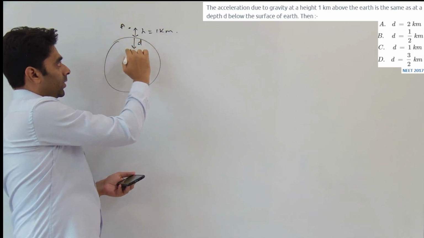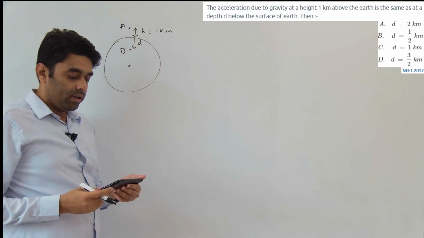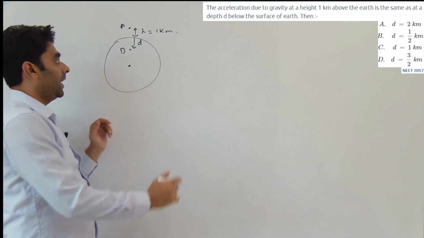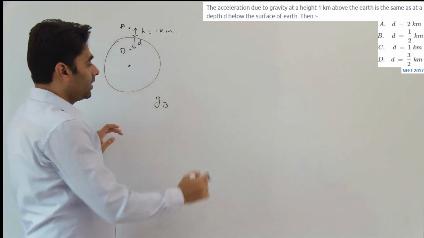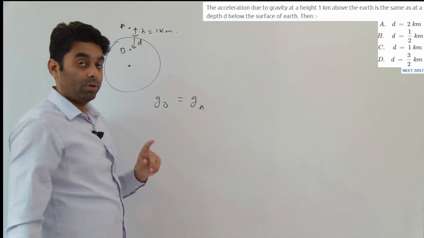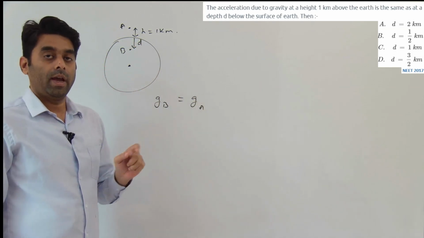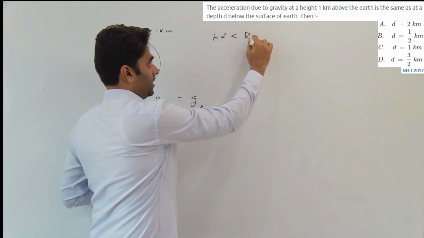Let's say this is point A, this is point B. Then d is equal to what? They have given us that acceleration due to gravity at point B, which is at depth d, is equal to acceleration due to gravity at point A, which is at height 1 kilometer. Now an important thing we should understand: height is 1 kilometer, that means h is very much less than R_E,